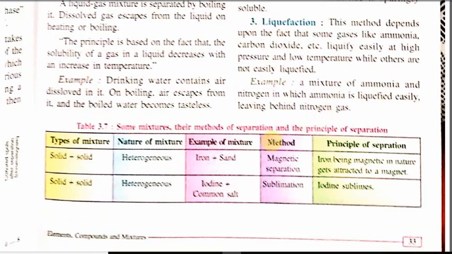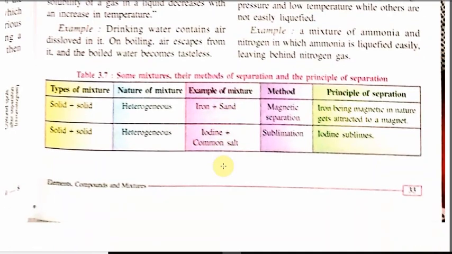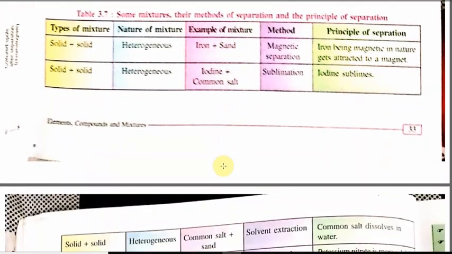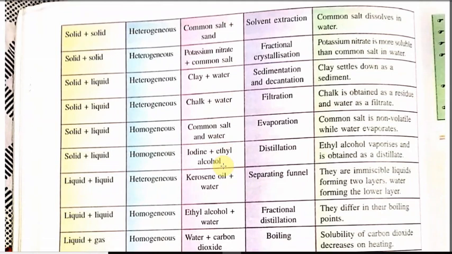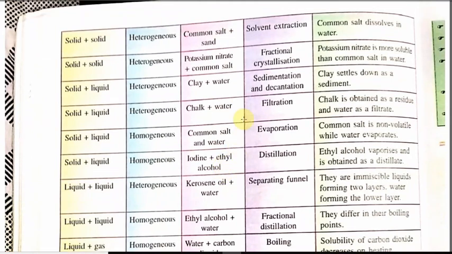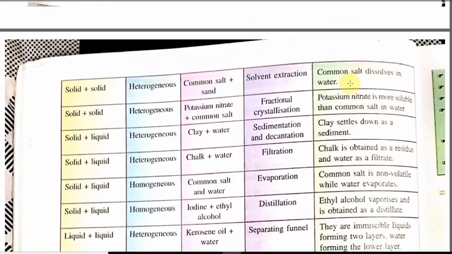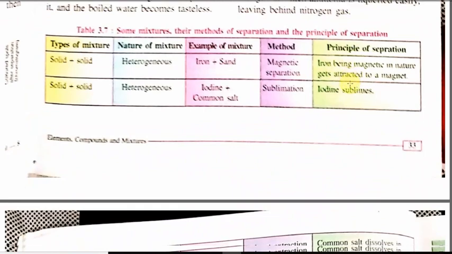So students, please check the PDF which I have provided you. You can see the table here. This table is very important for the exam. Try to remember and memorize this table. This is the same thing which we have covered in our chapter. This is the type of mixture, this is also the type of mixture, this is the example, this is the method utilized, and this is the reason. You can see I am showing you the header there.